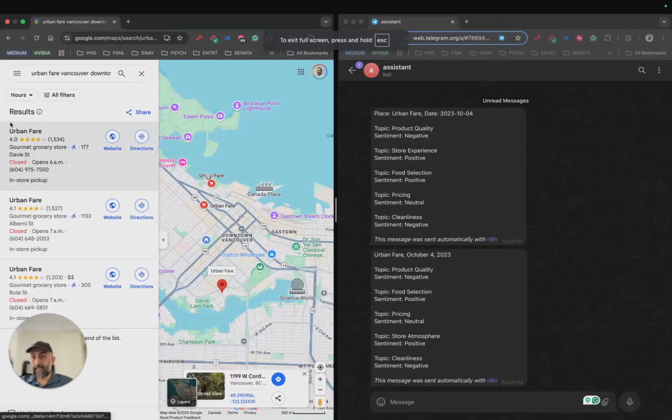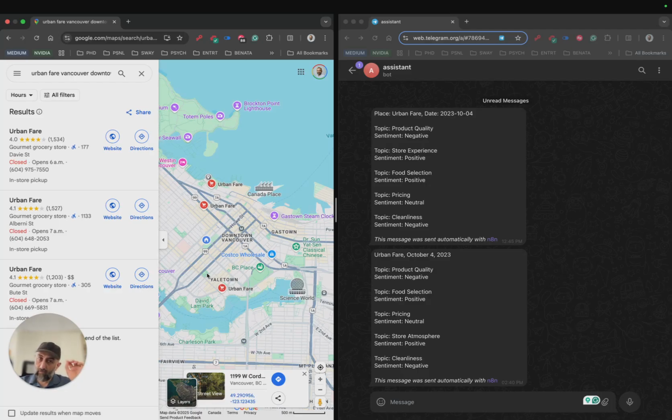As I said, I searched for Urban Fare, a grocery store in Vancouver. There may be several of them in Vancouver, so you have to make sure the place ID that you use specifies the right place that you are interested in. But this is the type of output that you get at the end.